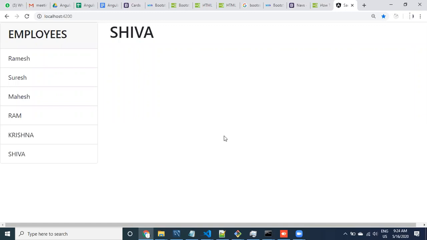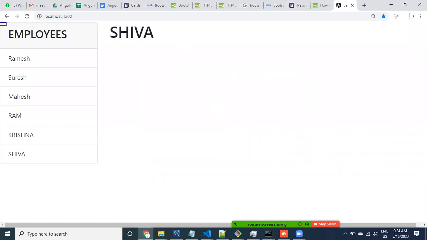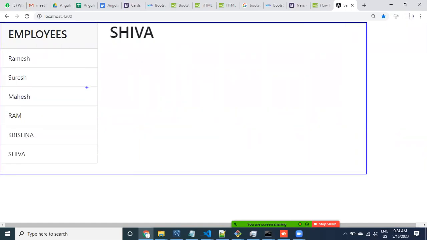I just want to give you the diagram of what we have done. This is a recap of this class. Quickly I'm going to do that here guys. First, app component. Assume this is the app component, and in red color I'm going to take the employee list component. And whatever information we are printing, this information is also the app component only, the parent component.